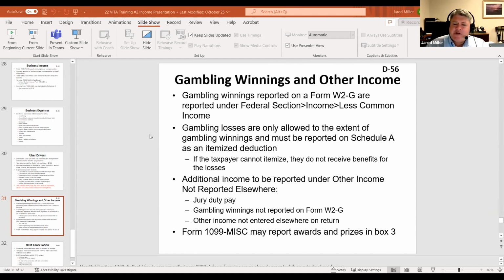A couple other things we have is other income. Typically, that's where we're going to see the Schedule 1. We may see things like jury duty pay. We may see some things like prizes and awards. I have had a couple clients that have been on Jeopardy before, so they actually get their award winnings reported on 1099 miscellaneous. Fortunately, we probably won't need to worry about those here in VITA because it's going to be a California return, and we don't handle multi-state. So if you have any questions with additional income, typically we'll see those on the D56 of the 4012.